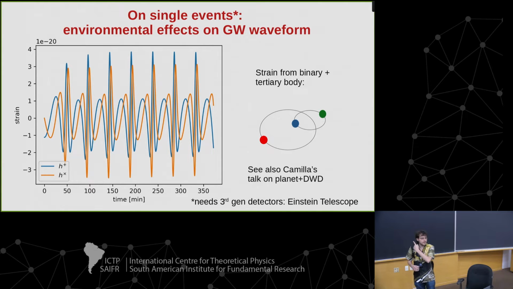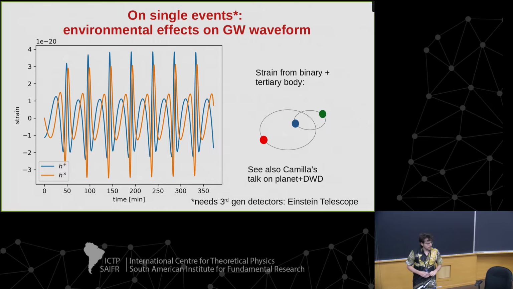If we can detect this kind of change, we can maybe connect the merger, a single event this time, not the population, but every single event, to a scenario, to a merger channel. The main problem with this is that our current gravitational wave observatories still have too much noise,